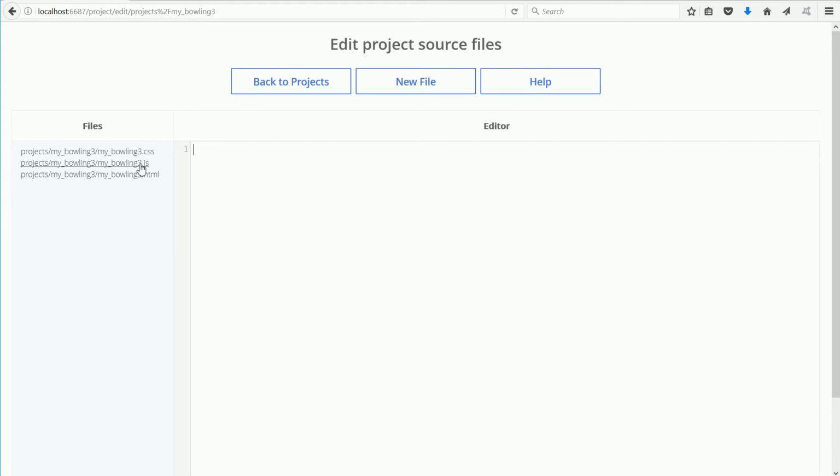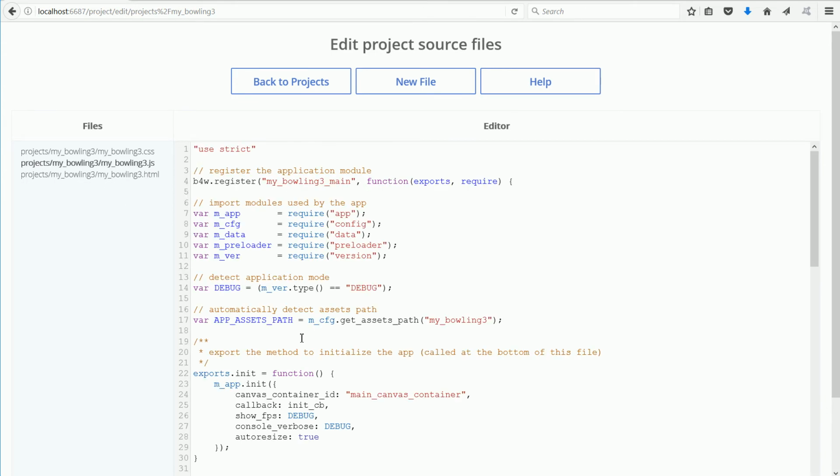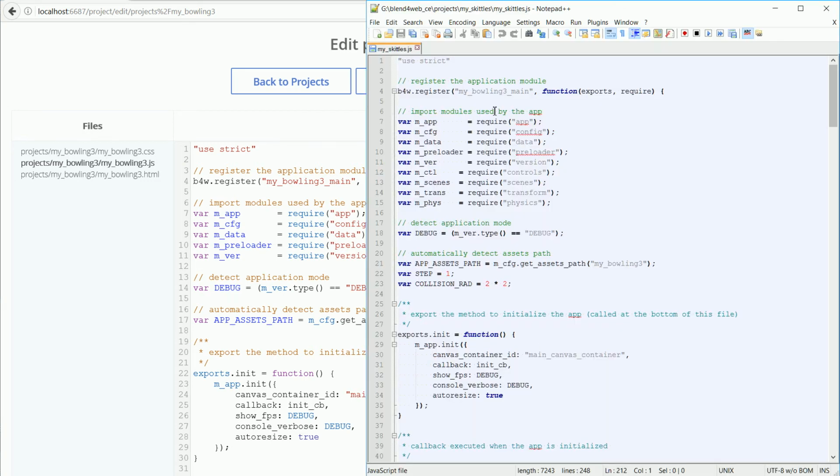Now that we have overwritten the Blender and the JSON file, click the Edit link and click the link for the JavaScript file, the .js file, to add the code to make the scene interactive. Here is a full listing of the code in a text editor. I'm using Notepad++, but you can use any text editor. I'll put the JavaScript file for you to download at my website. I'm going to copy over the additional code, and then I'll go through and explain the code that is new